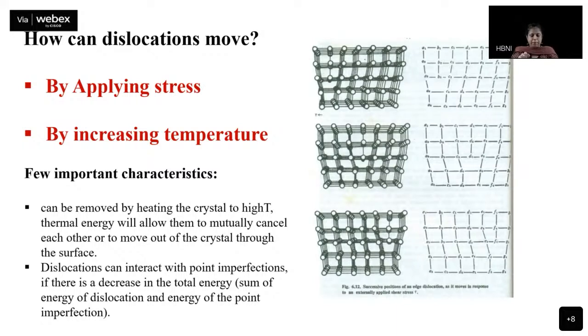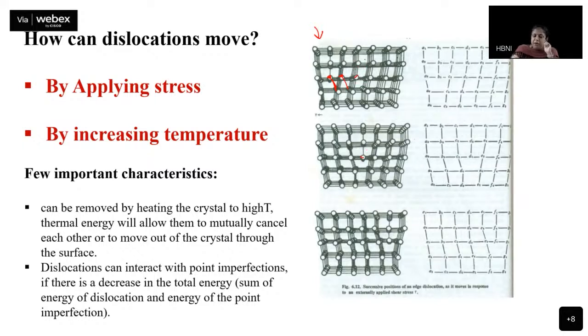This is a very simple pictorial representation of this. Look at the first figure. Suppose this was your edge dislocation, the half plane of atoms. Now, as you apply the pressure from the left-hand side to the right-hand side, this particular unfinished line, which does not have any partner, will join to these atoms. Okay, and then this would be half. Again, you apply the pressure, this will join to this and this would be half. So you will get this situation.